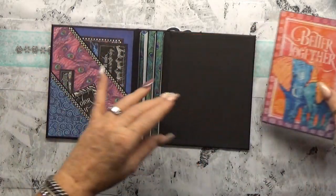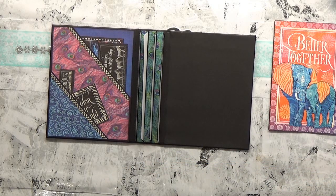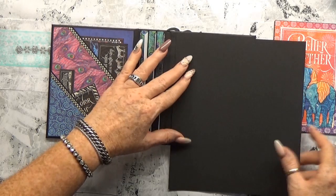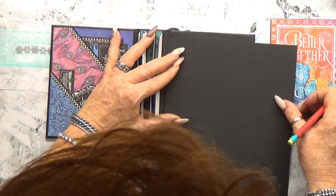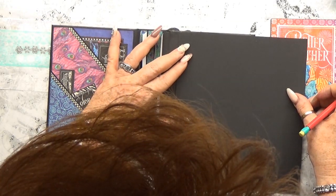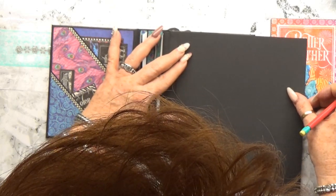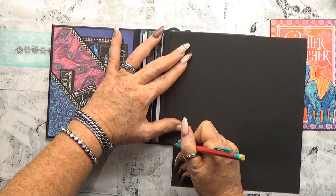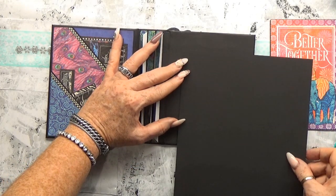But first I am going to apply some black. I always like that. I don't know why, because if I mess up then I am not wasting any paper. So I'm just going to cut the same size, and let's say